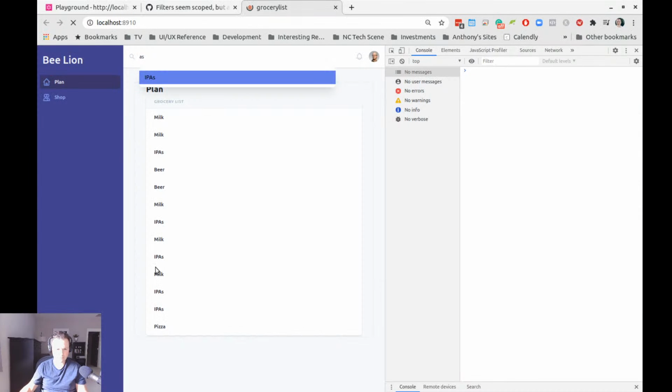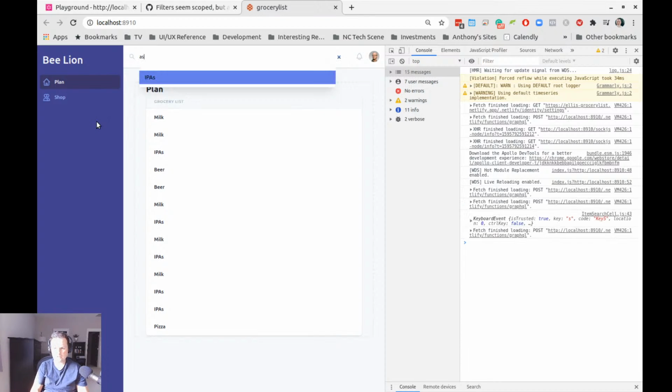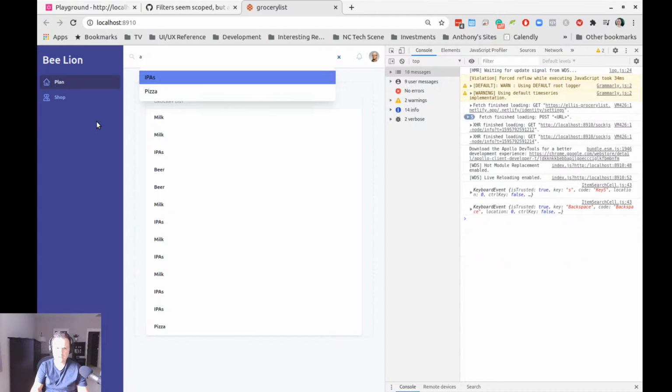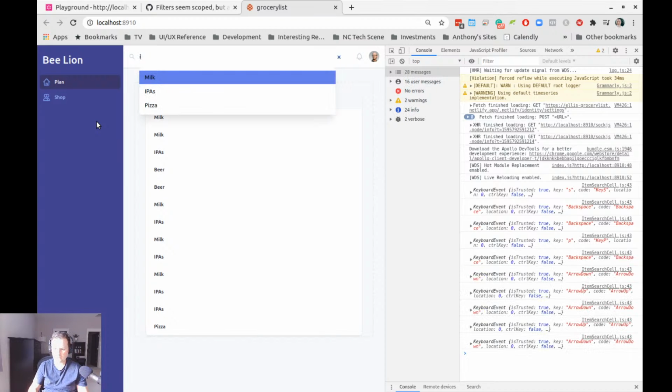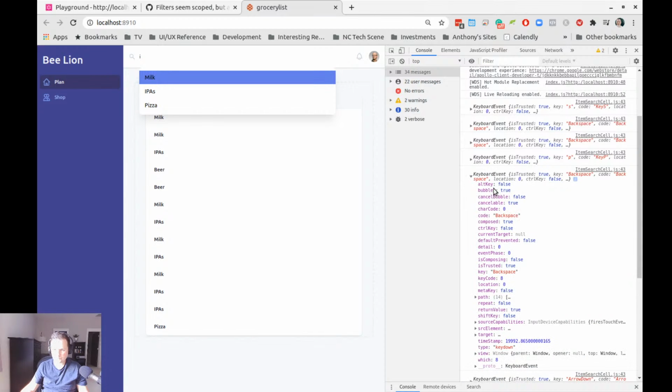apparently there's some sort of interrupt on when the browser's focus is in here. So okay, I'm up and down arrowing. Okay, so let's look at this keyboard event. So it returns a bunch of which keys are being hit, and it looks like we can go over the key